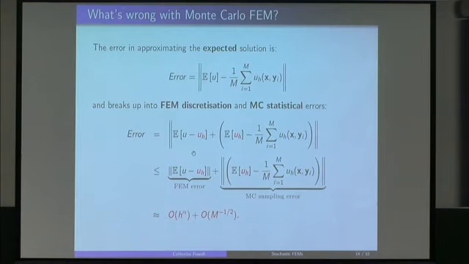So what does that mean? If you have a computer code in which the mesh is fixed, and you're treating it as a black box, you're not messing with it, you can keep drawing more and more and more samples and watch something converge, but you're only converging to something that has spatial error in it. If you fix your mesh and take more and more samples, you're not doing anything about the spatial error in that approximation. It's there. You'll converge to something and you'll get a pretty picture, but you haven't addressed the fact that this is not giving you the true solution to your PDE. And vice versa. If you only do a fixed number of samples and then you refine your mesh, then you're not going to do anything about this error.